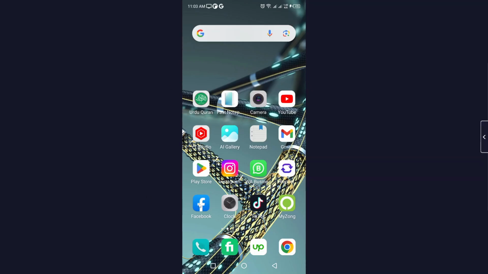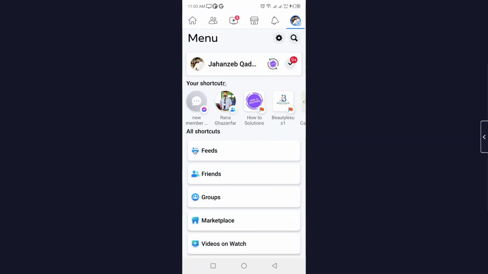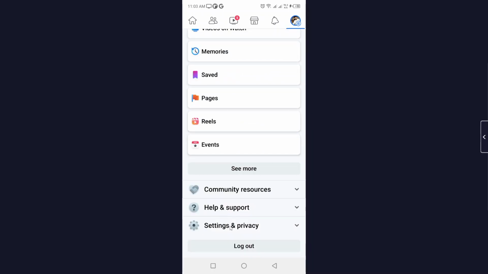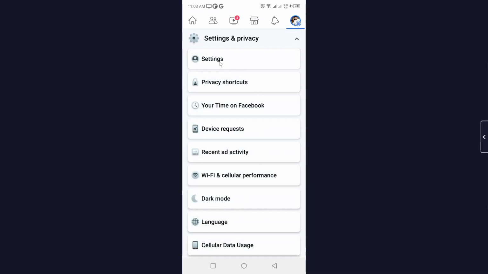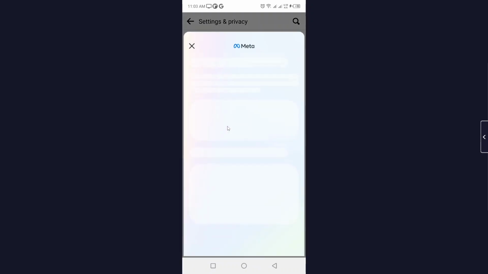So the first step you simply need to do is to open Facebook, and then you need to click on your profile picture on the top right. Here you need to scroll down and click on settings and privacy, and then you need to click on settings. Here you need to click on see more in account center,